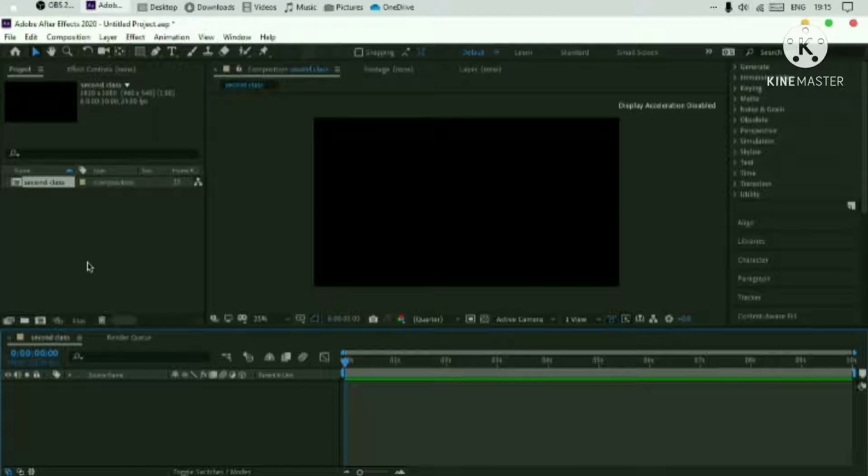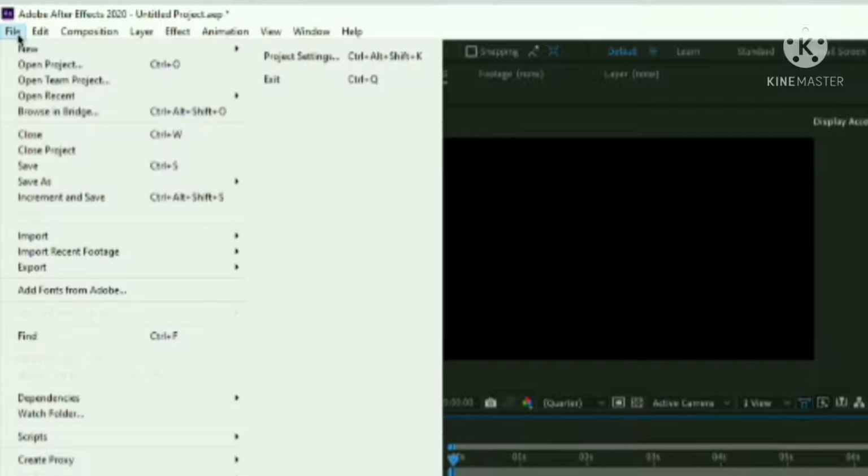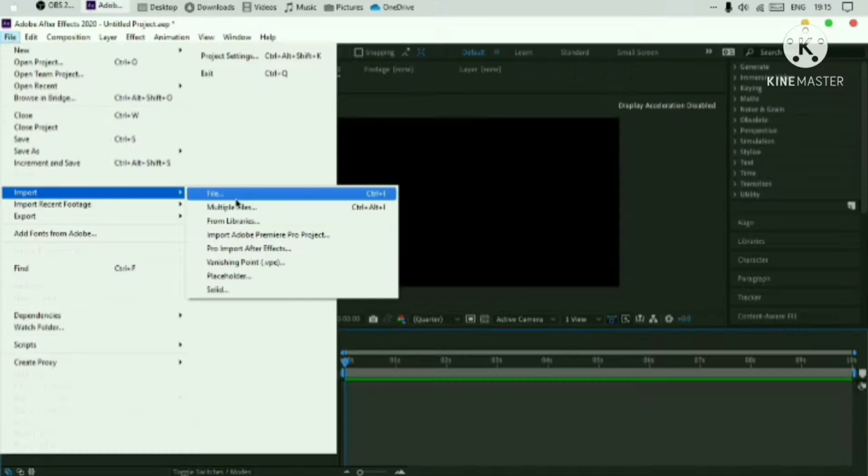I have given a very detailed tutorial there. Alright, so now we have to import the files. Now how to import the file? There are three ways of importing a file. The first way is to click on this file option and go to import, and then click on the file option to import one file. Your browse window will open, and then you can import the file.